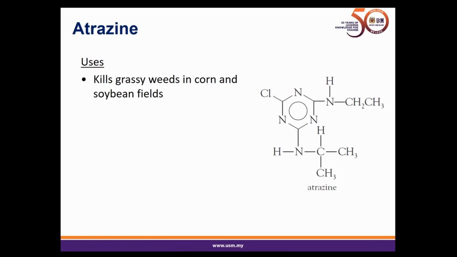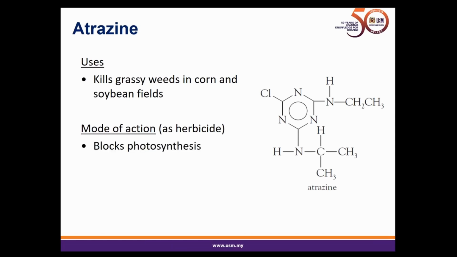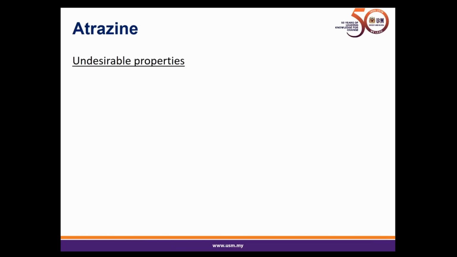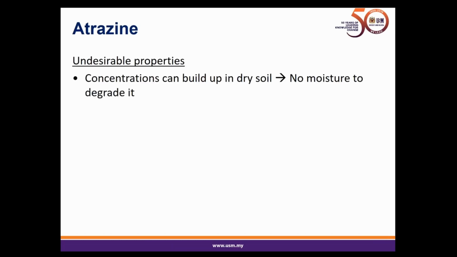It was used widely in the US previously. Its mode of action as a herbicide is that it blocks the photosynthesis of the plant. So when you have higher plants such as corn, they are not affected because they rapidly degrade atrazine to non-toxic metabolites. However, atrazine also has some undesirable properties because the concentration can build up in dry soil. So there is no moisture to degrade it,